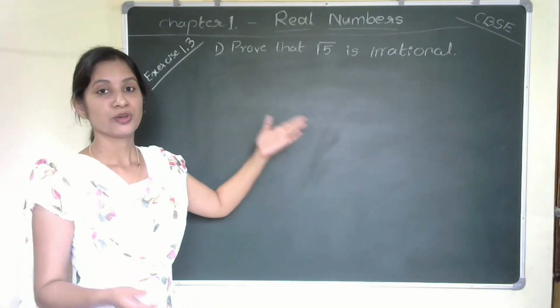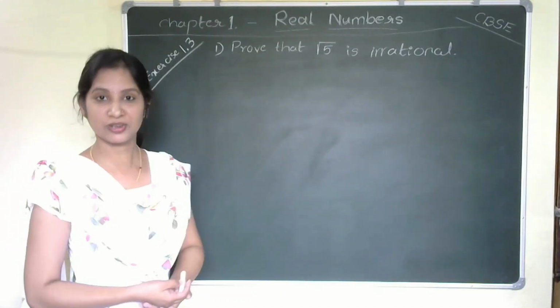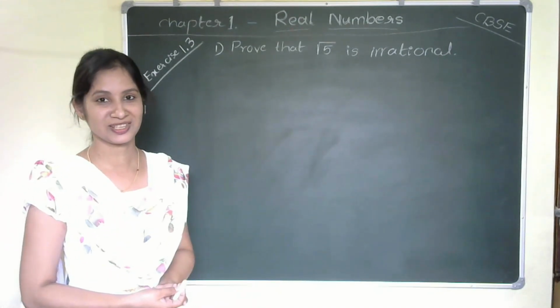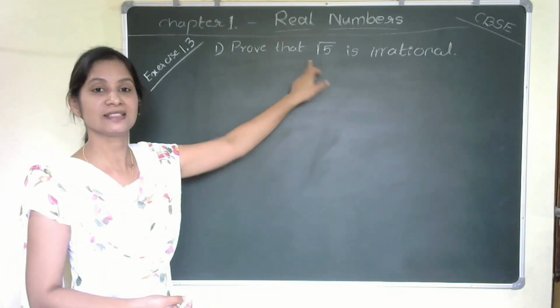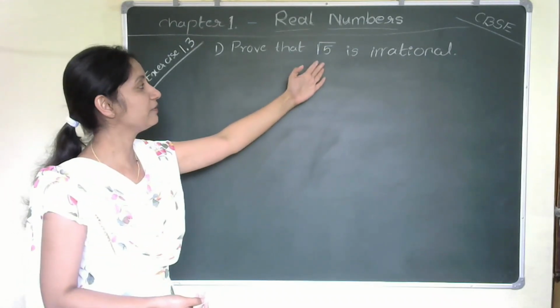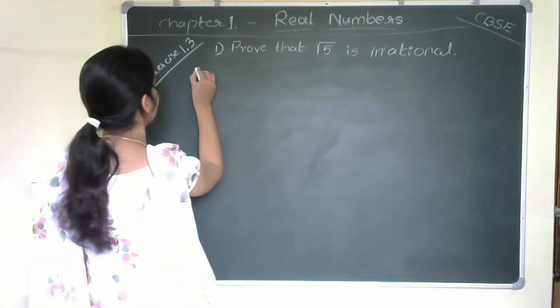They have given a few more examples to prove the given number is irrational. So we will follow the same steps, only the number is changed. So now we can assume that root 5 is a rational number in order to prove that root 5 is irrational. So let us assume